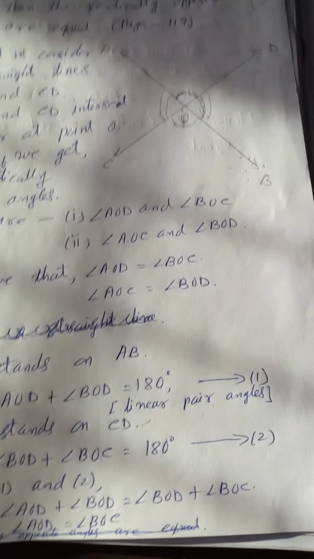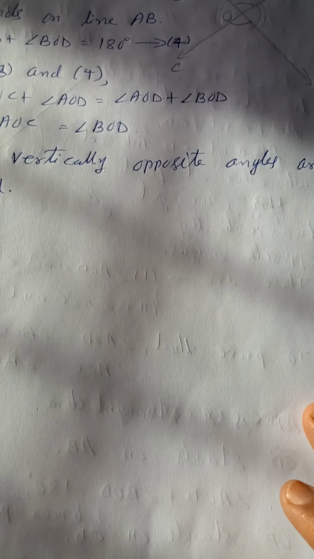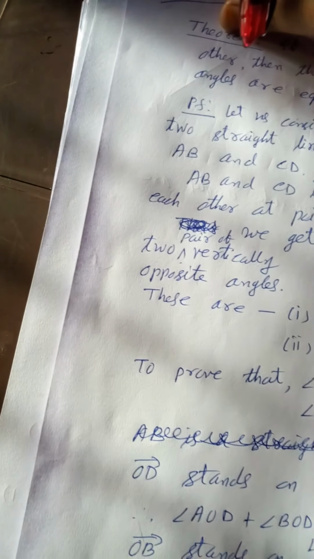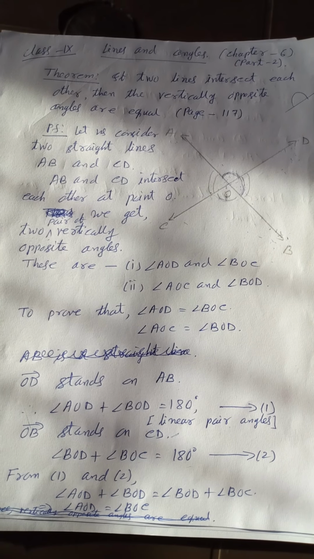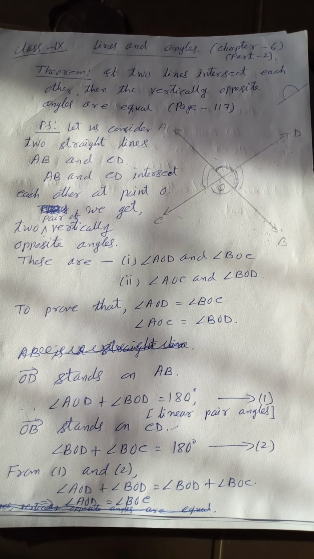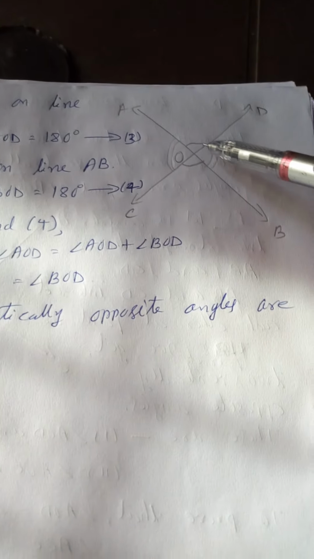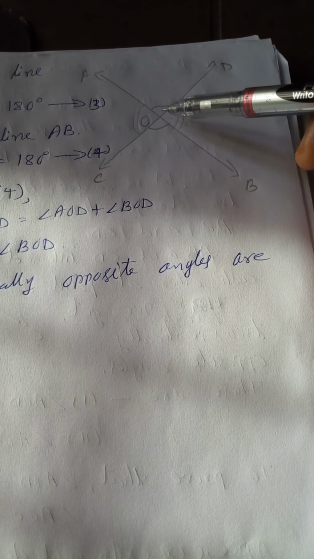So for the next pair, again you can take, see this side. For the second pair of vertically opposite angles, I take the OA. There I am drawing that same figure. If you draw it one time, that is also correct. There is no need to draw it two times. So see, I take the OA.